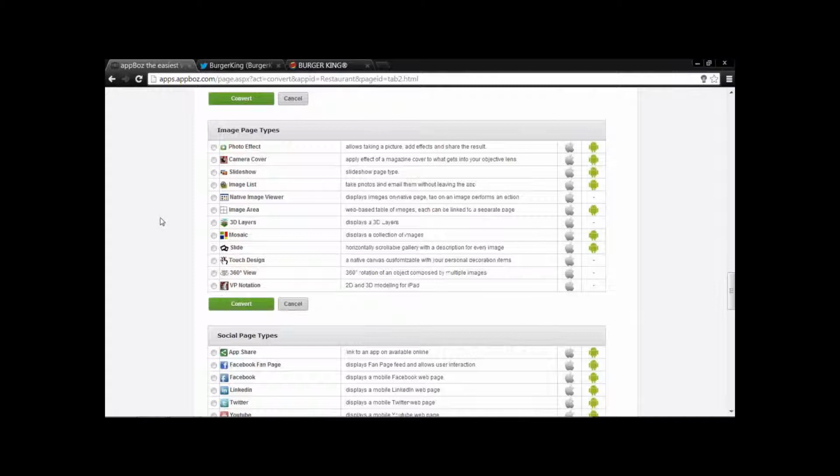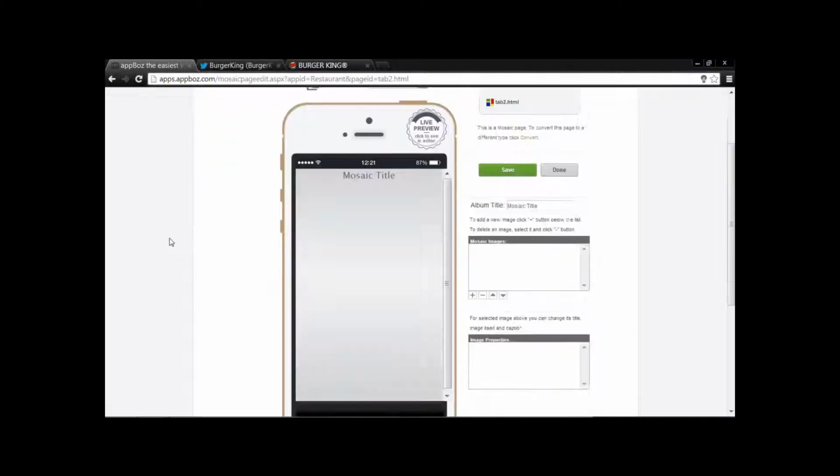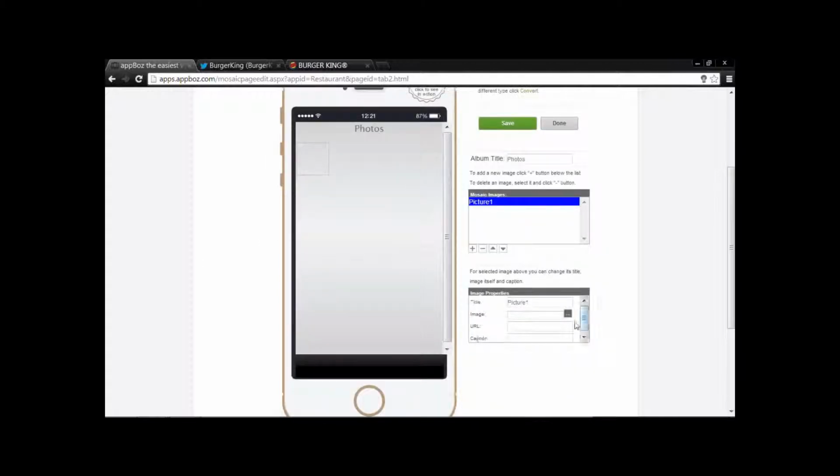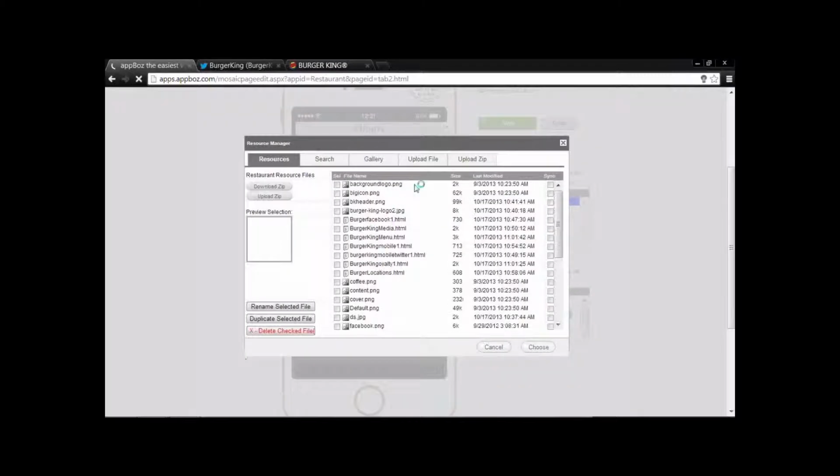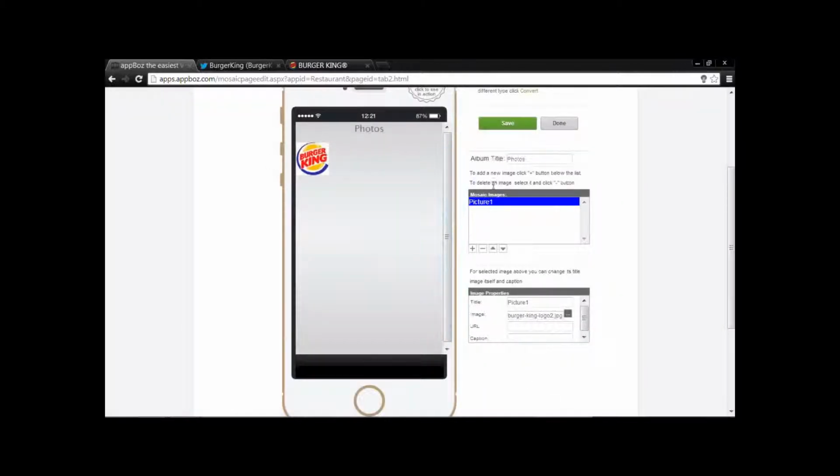So let's do a photo gallery kind of thing, and find the image you want. We'll just use the Burger King logo since I have it here, and it'll upload it into different kinds of photo galleries you can have. They're a little more sleek than this particular one, but